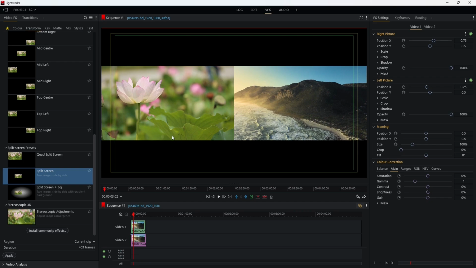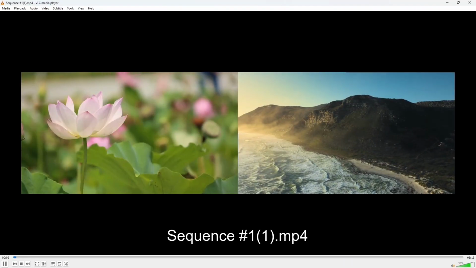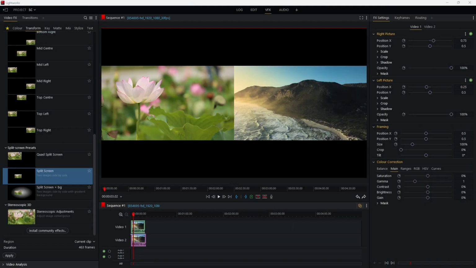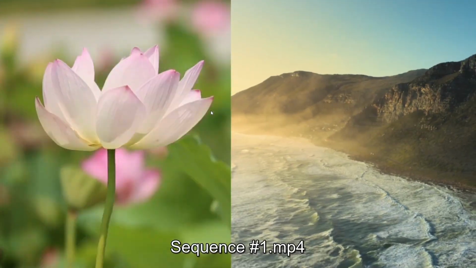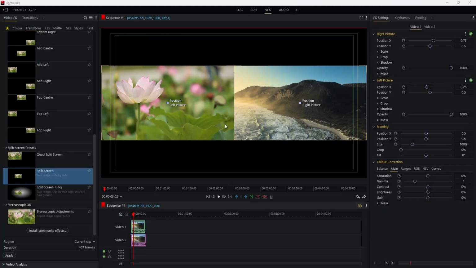But the issue here is that we have two full screen videos side by side, and so once we export this project, we'll end up with this black space here at the top and the bottom. So the final effect would look something like this. Okay, and if you want to have something more like this, full screen, then in that case we have to